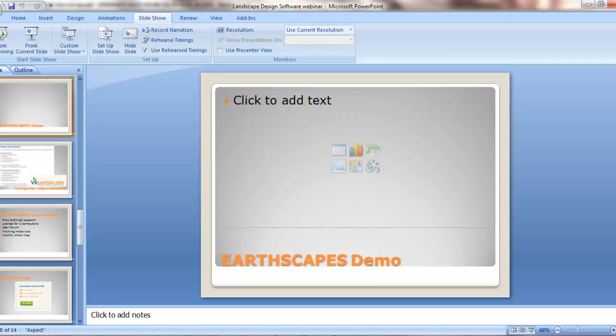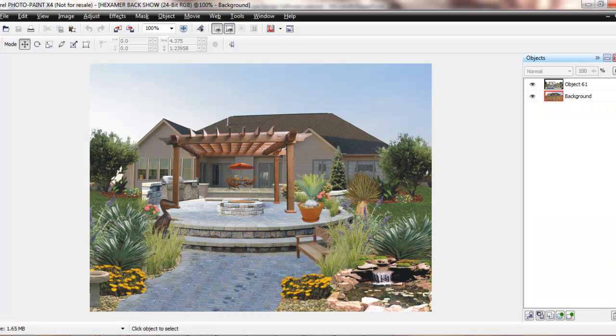So let's go ahead and dive into the EARTHSCAPES application, and I'll share with you how the system functions. We're first going to work with the photo imaging portion of EARTHSCAPES. With your purchase of EARTHSCAPES, you do receive a full license for Corel Photo Paint as well as Corel Designer. Photo Paint will provide to you all the professional photo editing tools to produce the most realistic photo